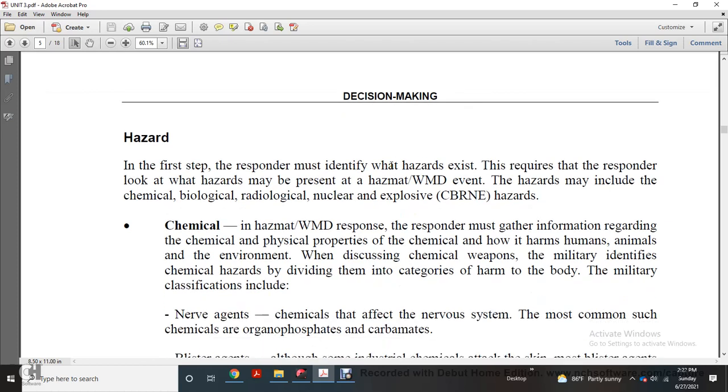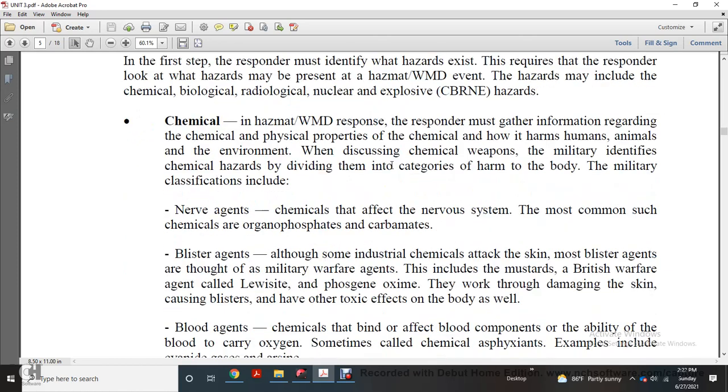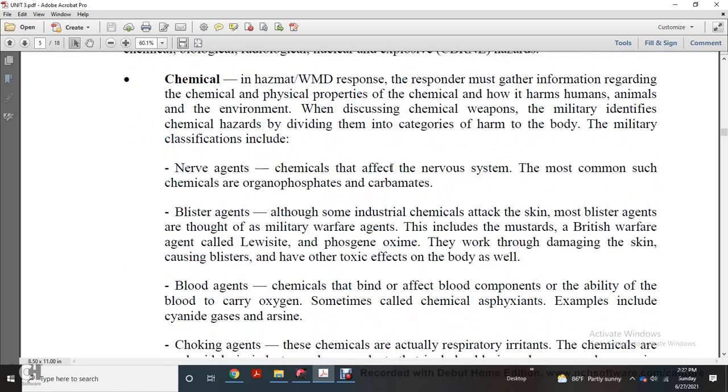chemical, how it harms humans, animals, and the environment. Discovered chemical weapons material identifies chemical hazards within the category of harm to the body. The military classification includes nerve agents, chemicals that affect the nervous system, and the most common are organophosphates and carbamates. Blister agents, although some of the industrial chemicals attack skin, most blister agents are military warfare agents, including mustard, a British warfare agent called lewisite, and phosgene oxime. They work by damaging the skin, causing blisters, and are also toxic to the